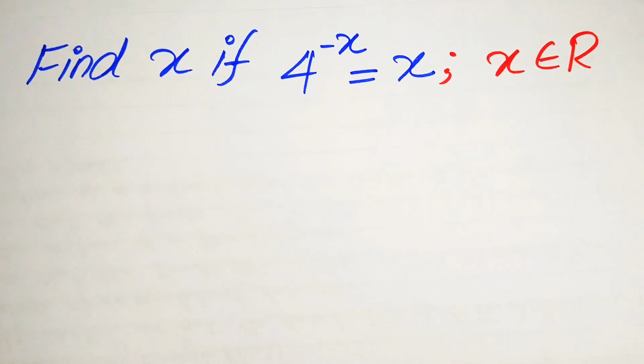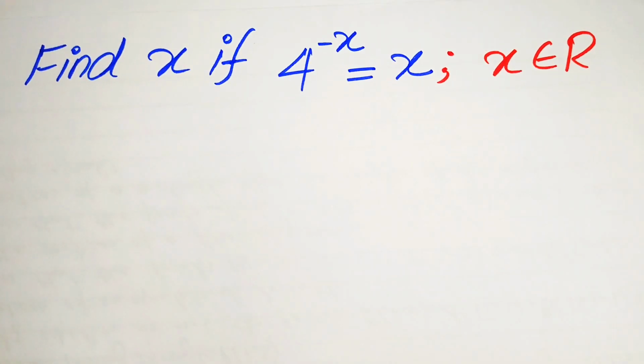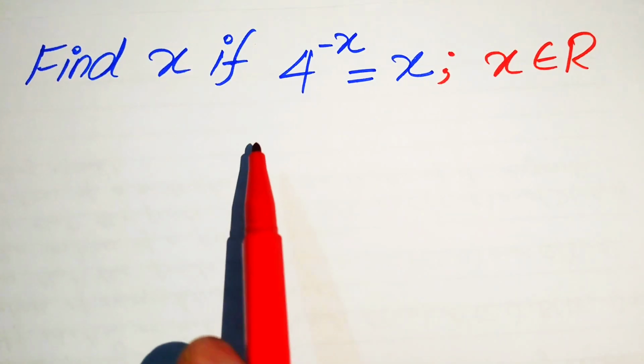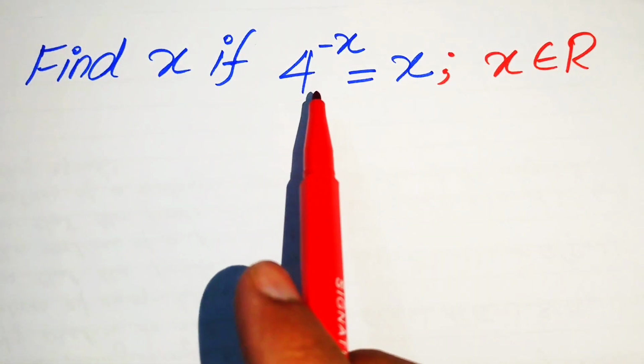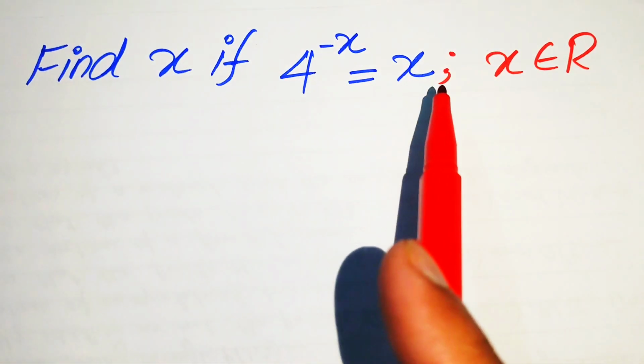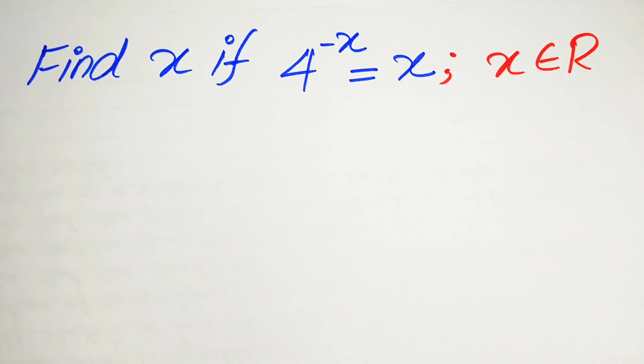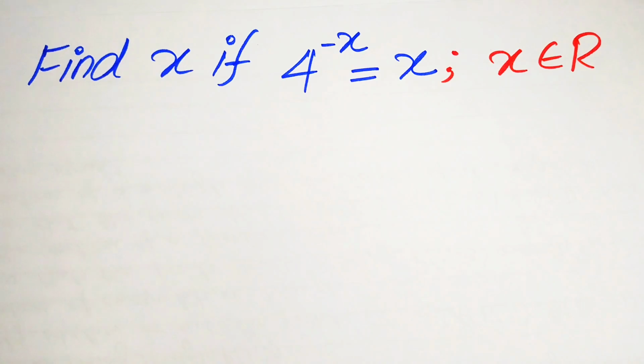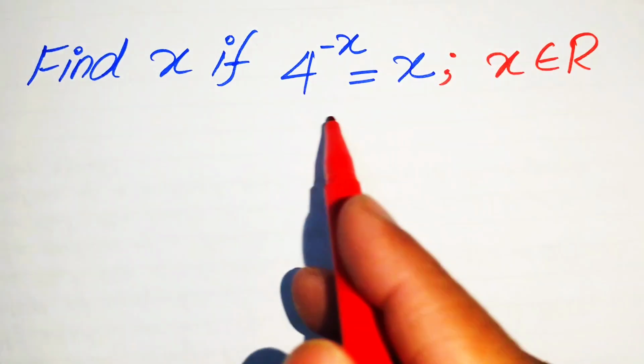Hello everyone, welcome to solve this nice exponential equation problem, and we have 4 to the power of minus x equals x. So we find the value of x if x is a real number. Okay, so now the very first thing we are going to do is first we focus on this term